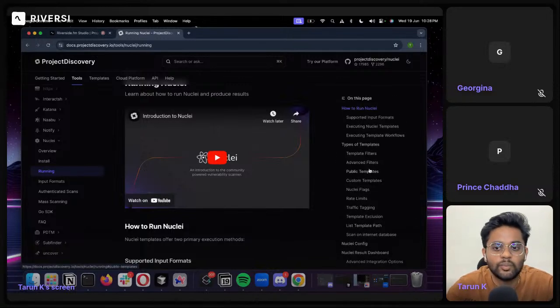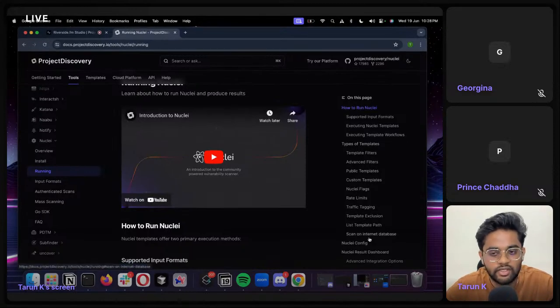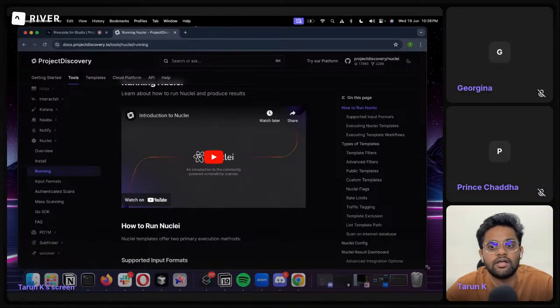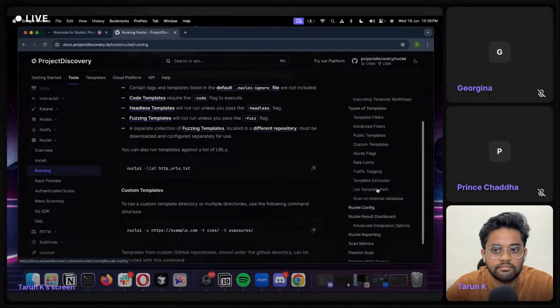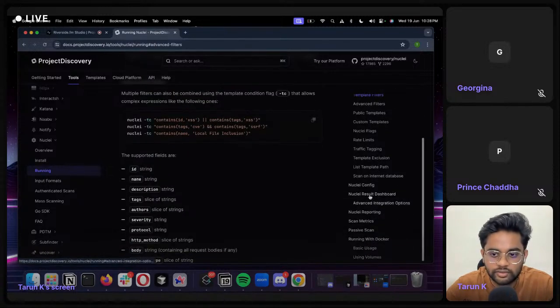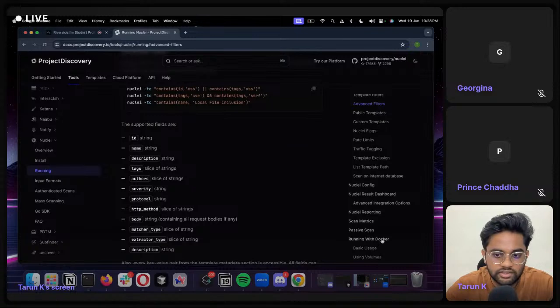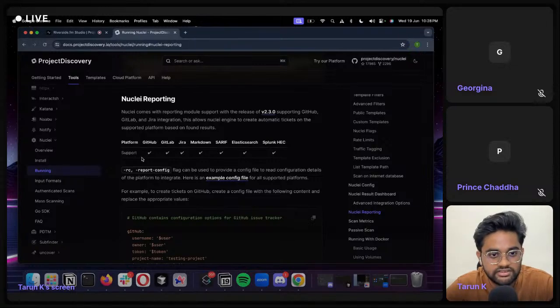And since there are too many options, users might feel overwhelmed. So that is why recently we have introduced the profiles feature, which Prince had just demoed, which is a clean and scalable way to maintain your even public or custom templates, and run it in an automation or whatever the use case is. And these are all the basic flags that you can use, some advanced filters and so much cool stuff. And you can also run it in Docker, CI/CD, and Nuclei has